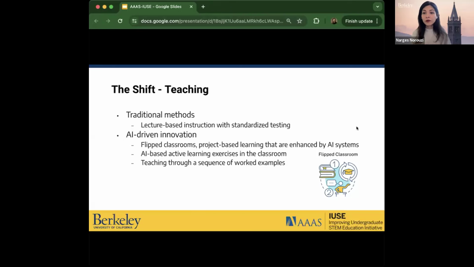So as opposed to flipped classroom, as opposed to direct instruction, one other way of teaching the students a certain concept or different course materials is to walk them through different worked examples. How to optimize a sequence of worked examples that can be put together so that a student can still gain the same mastery of the concept is an interesting research question, and is still something that's being worked on